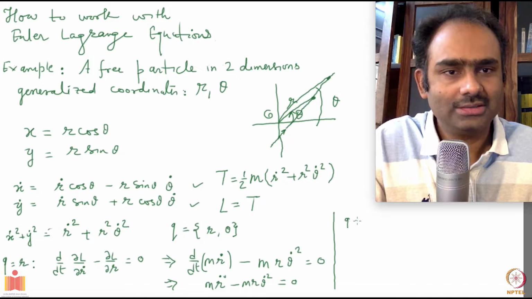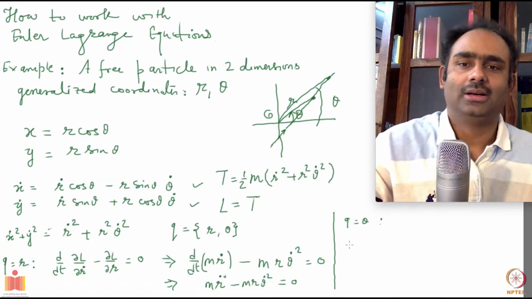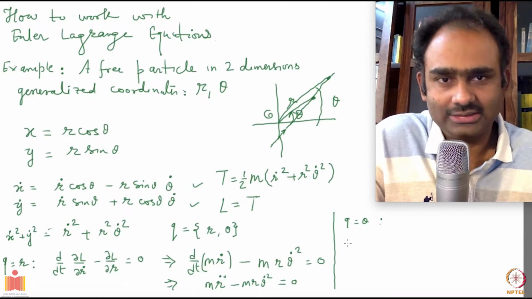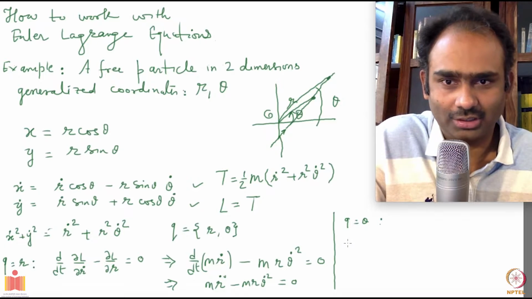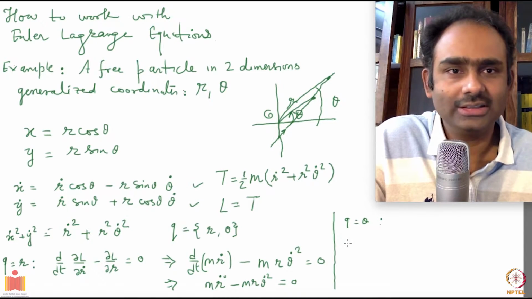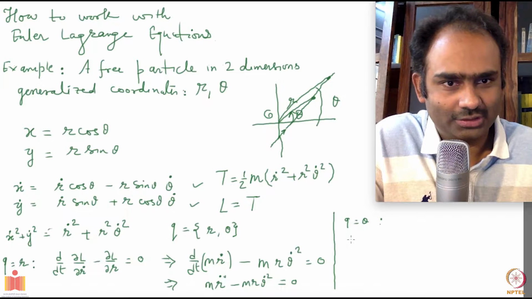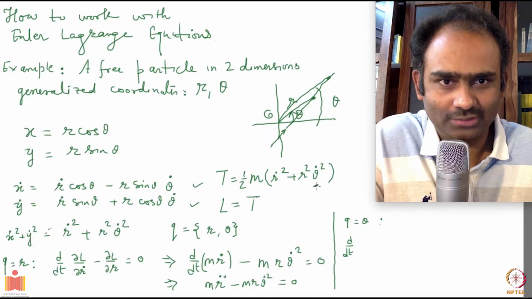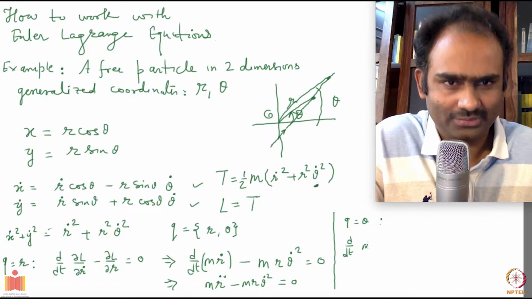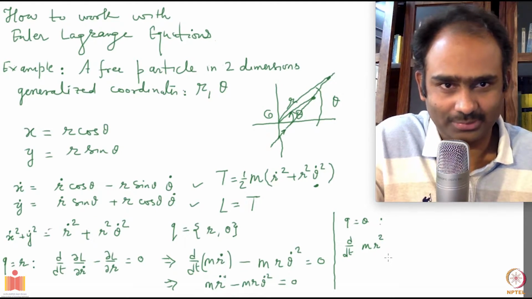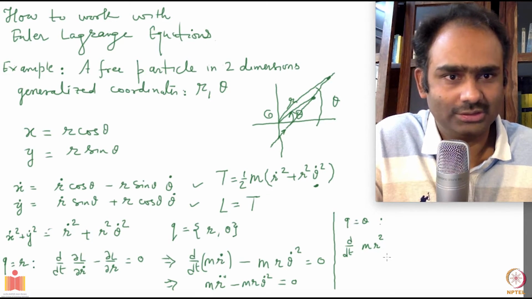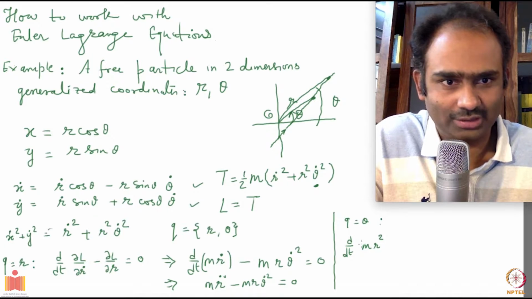Let's look at the q equal to theta equation. Now del L over del theta is 0 because kinetic energy does not involve theta. So that term is gone. I am only left with d over dt del L over del theta dot. So your d over dt and del L over del theta dot will come only from here, and it will be m r square. It doesn't do anything to r square. Okay, it's an independent coordinate. Theta dot square will give you 2 theta dot, which has the 2 has cancelled the half, so you have theta dot.